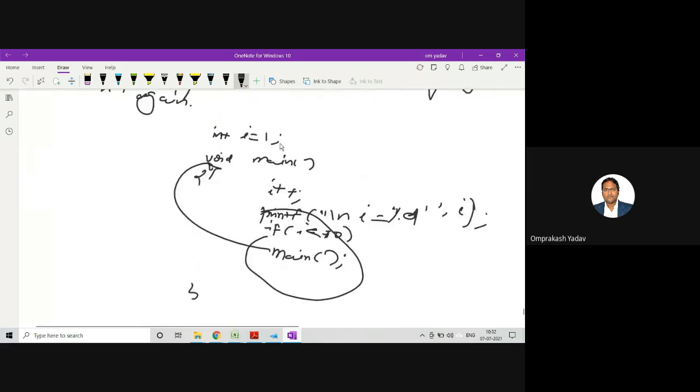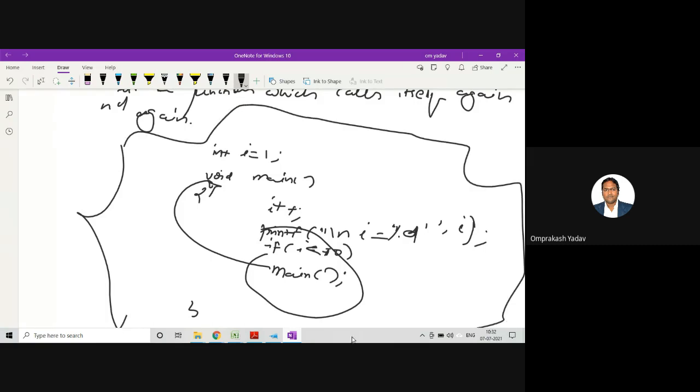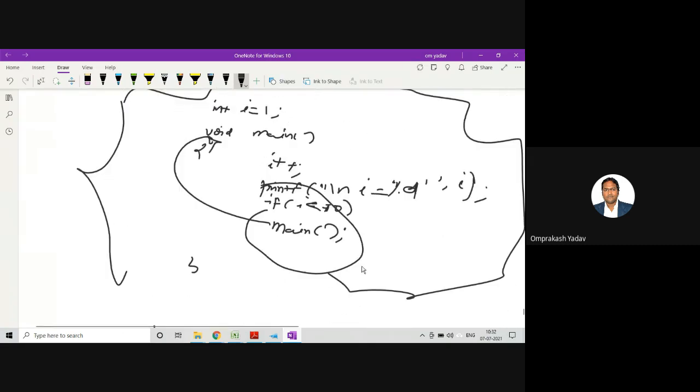So remember this, that for a recursive function call, the function is going to call itself again and again, and in a recursive function call we must have a terminating condition or base case condition, right? So now we are going to write a recursive function program, and we are going to print the factorial of a number, okay, using a recursive function call.